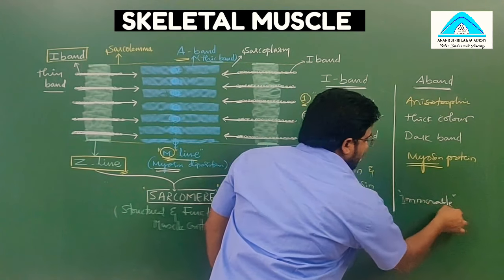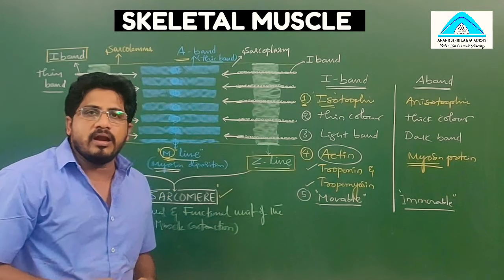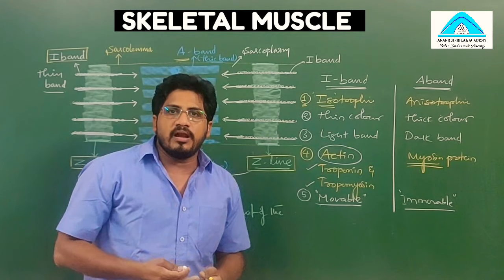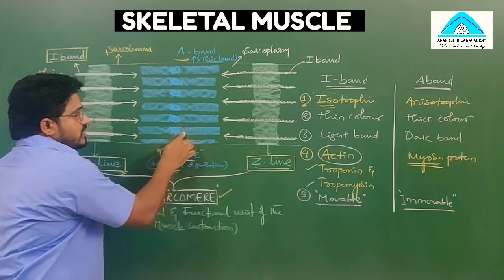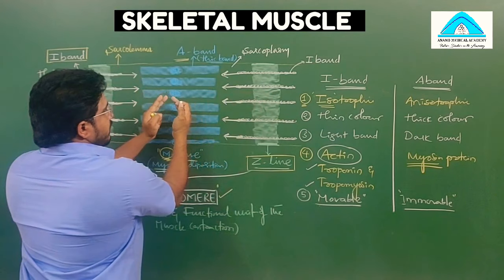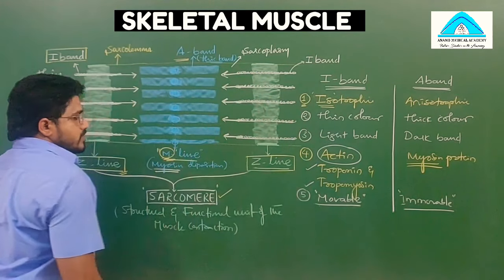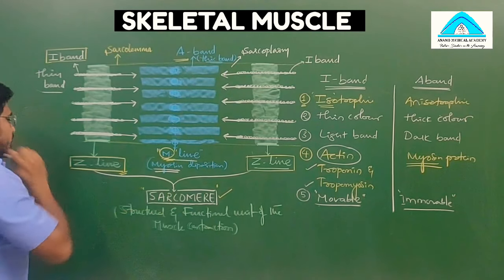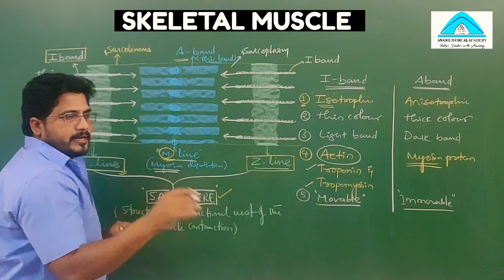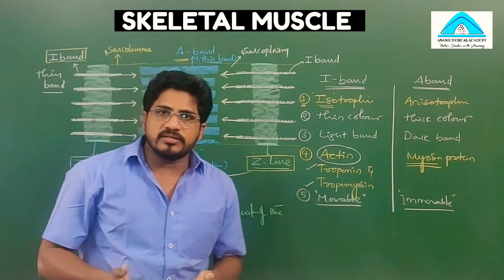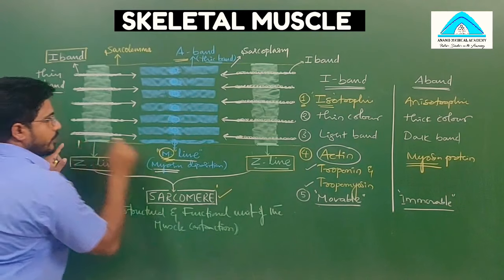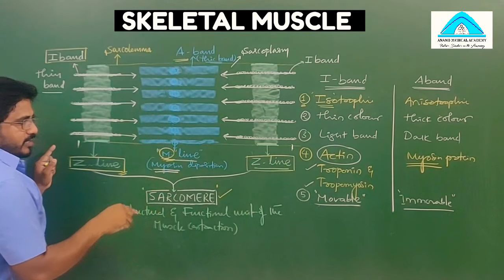In the sarcomere, which bands are movable? I bands, on both the sides. Which bands are immovable? A band, the center band will never move. Side bands will move towards the center, thereby shortening the sarcomere. Suppose during muscle contraction, what will happen? Generally, the distance of this is 1 centimeter. Actually, 1 centimeter is very huge, but for your better understanding, I am taking that measurement. From here to here, the length is 1 centimeter.